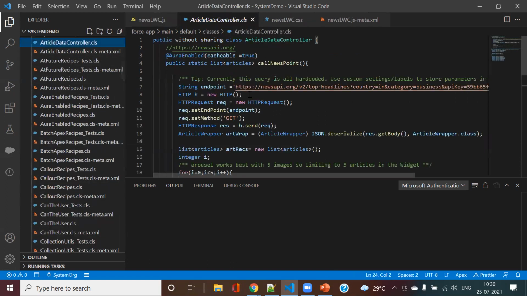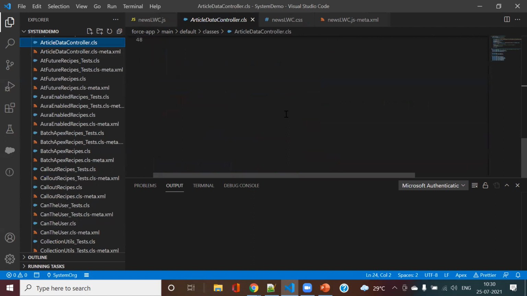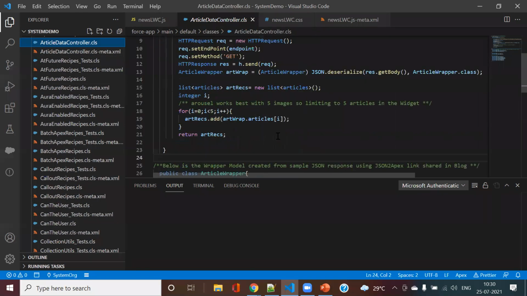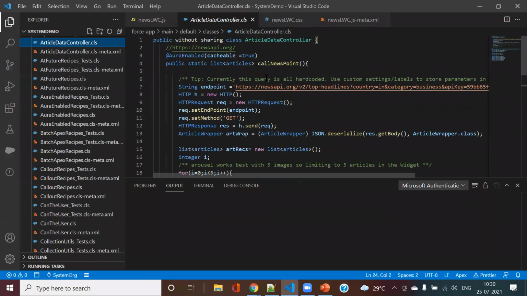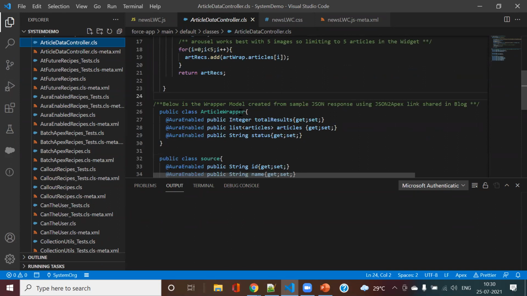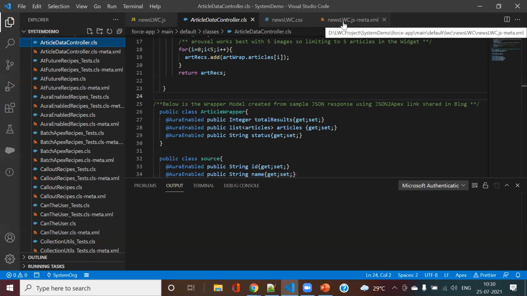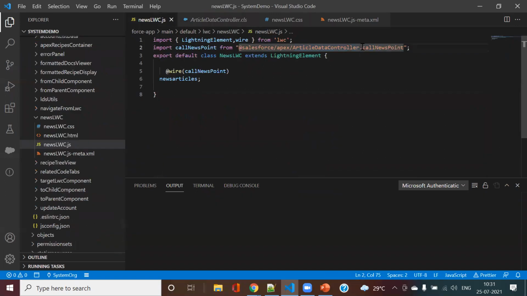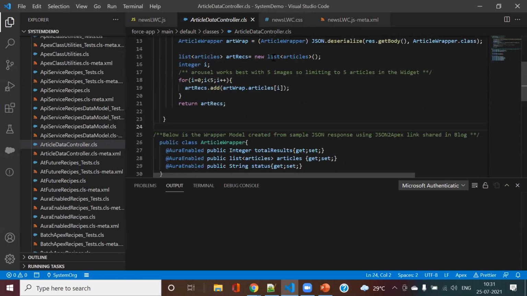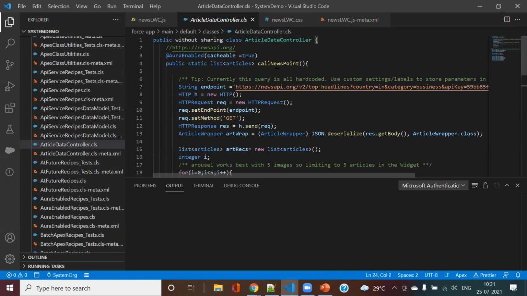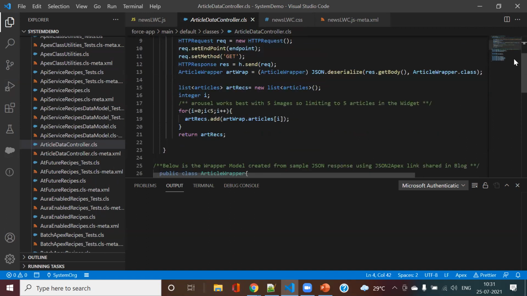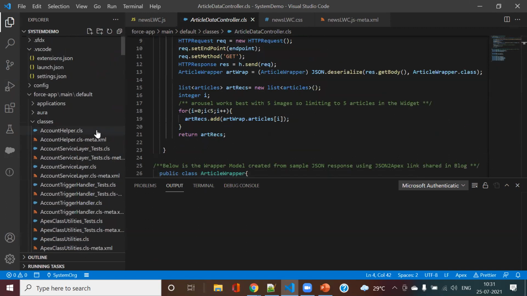Here I mainly return this article wrapper, and I'm calling this method to get the news. How this is done, we will cover later in the session. Yeah, sure, no problem. Okay.